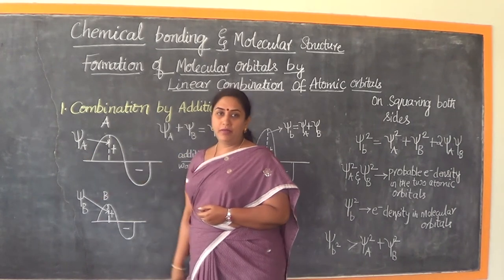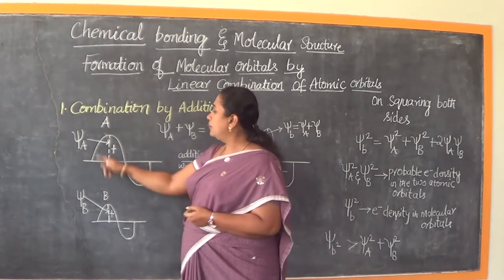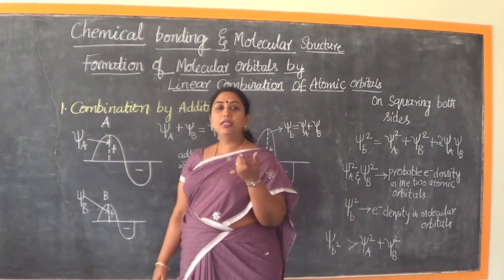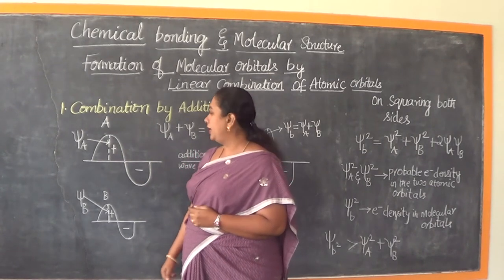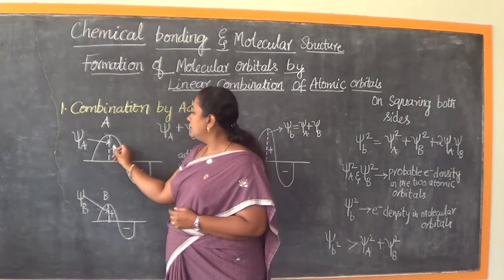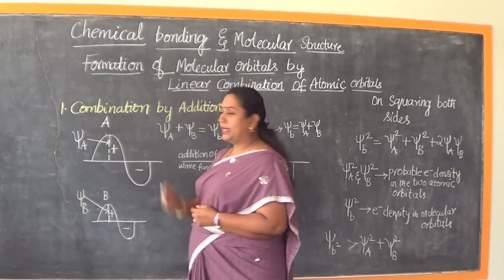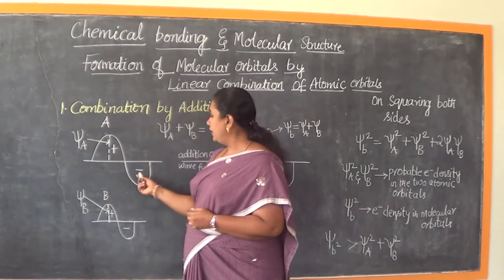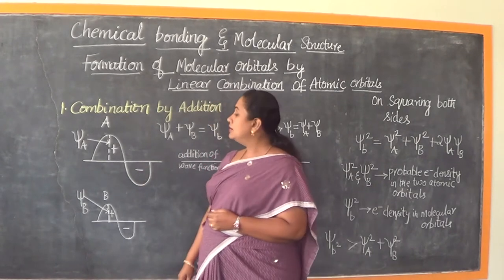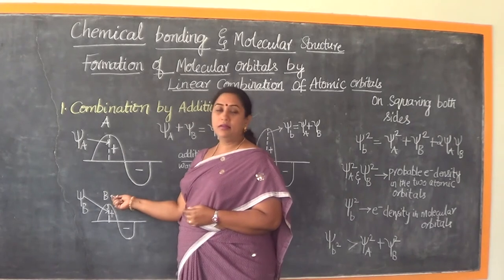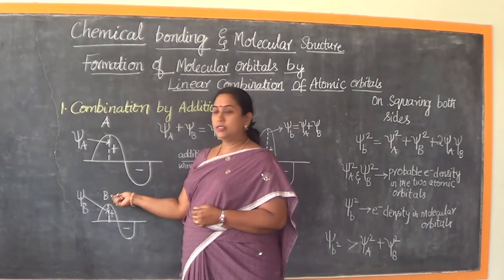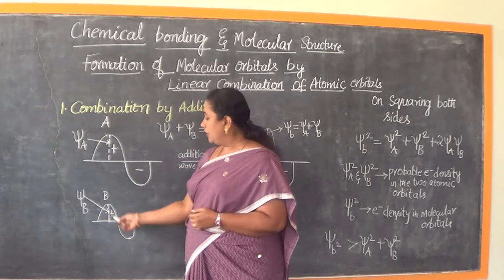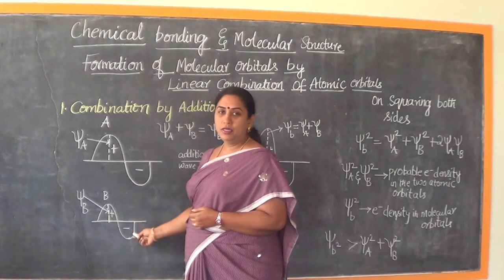As I have already told you in the previous videos, an electron wave consists of a crest and a trough. To distinguish between the crest and the trough of a wave, scientists have given the notations plus and minus. Crest is indicated by a positive sign and trough is indicated by a negative sign. Similarly, we have another atom B, and its atomic orbital electron wave is also a wave with a crest and a trough having these notations.